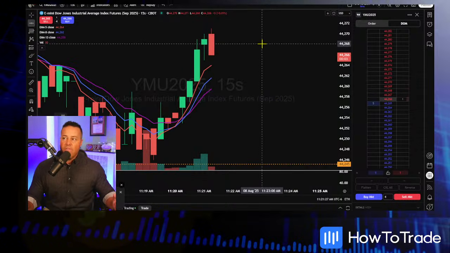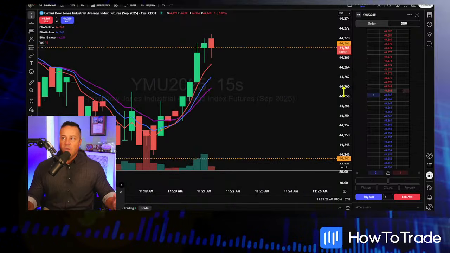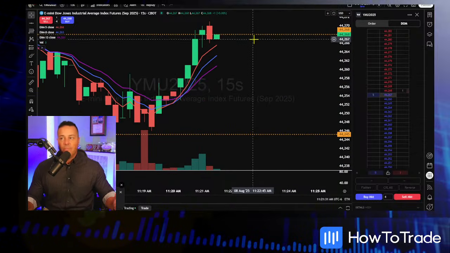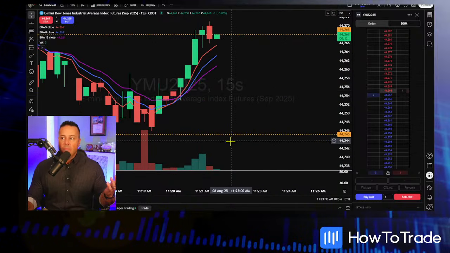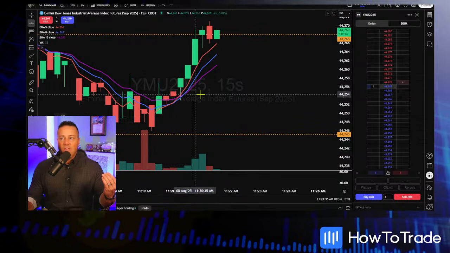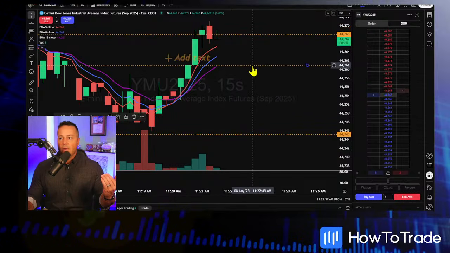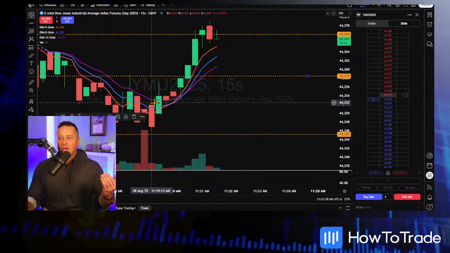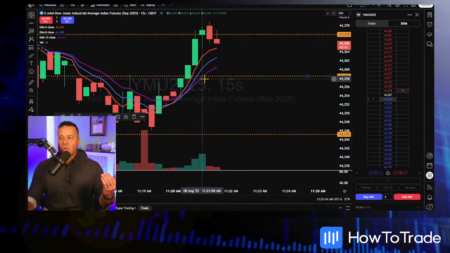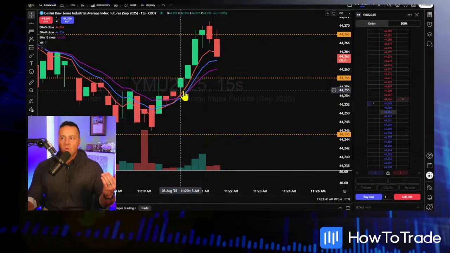So let's go ahead and review that trade and the results. There was 44,268. That was our profit. That's what we took on it. Our stop loss was down there at 44,245, and our entry point, I believe, was right here. Somewhere, well, it was right there, actually. Crossover was on that bar, where as soon as we got the bar closed and everything closed above all three,